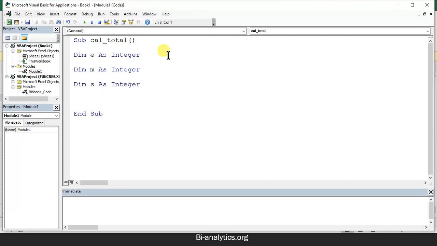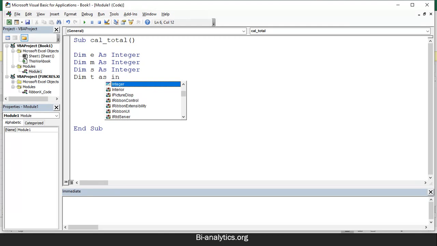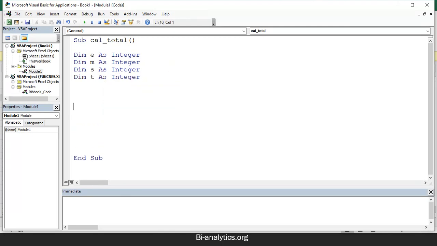So what I have done is define 3 variables and told the computer that these are the 3 variables I will use to store marks. And I need to total them also, so I can have another variable, Dim T as Integer. Now I want to store these values.